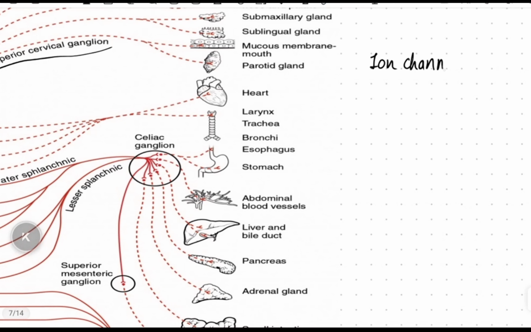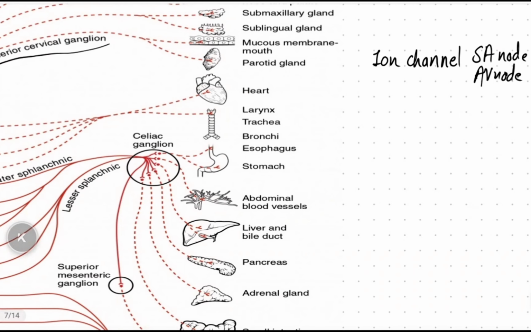It increases the permeability of ion channels near the SA node and AV node. So it is very, very vital for the beating of the heart. So when we increase the permeability of sodium channels and even L-type current channels of calcium or potassium channel, we actually depolarize the cell. And when the cell is depolarized, it helps in the